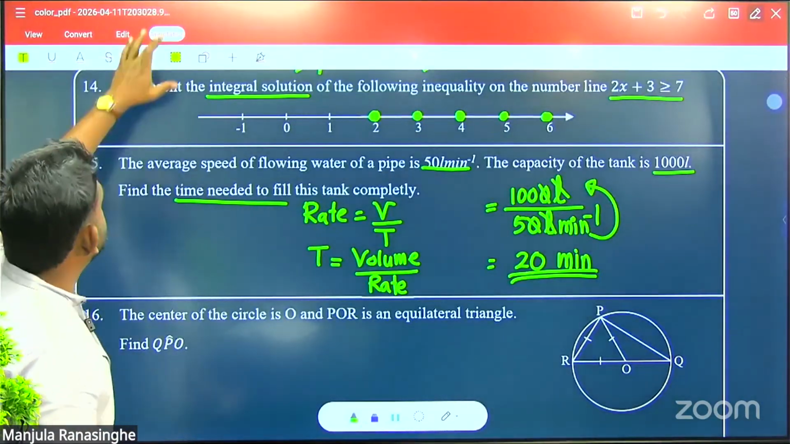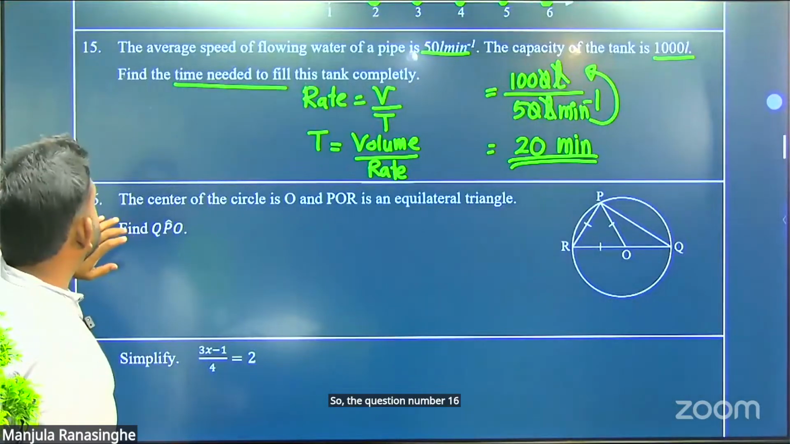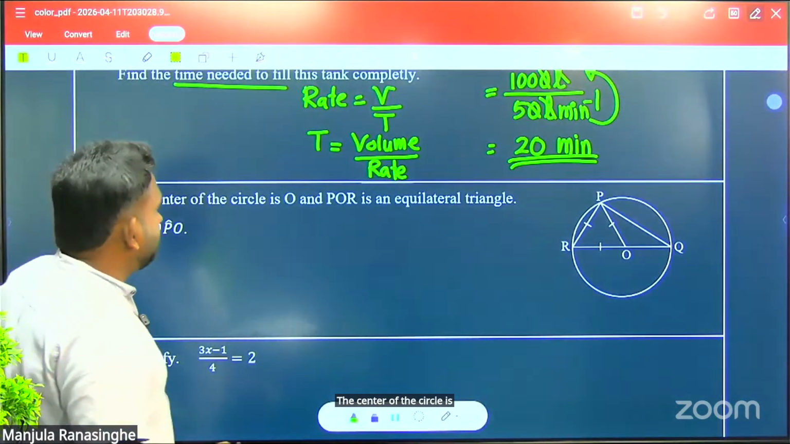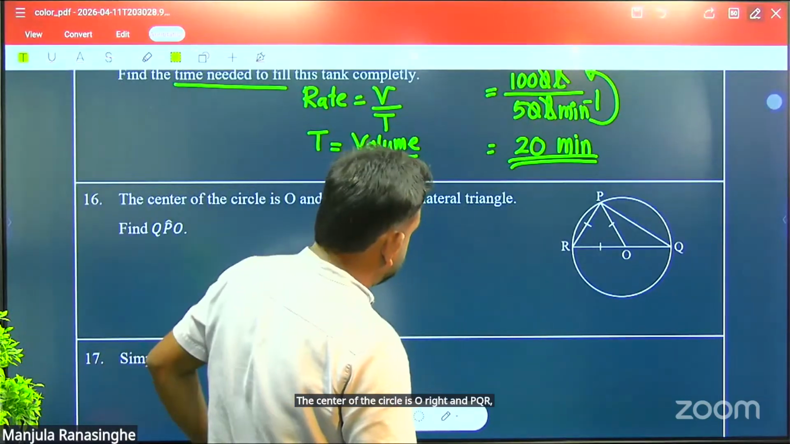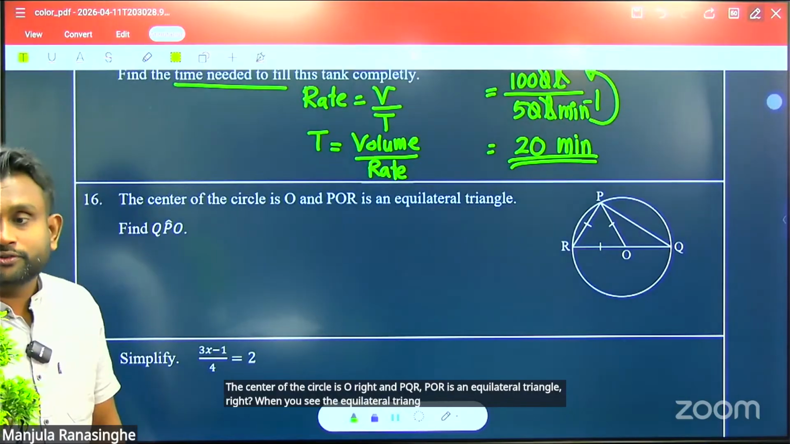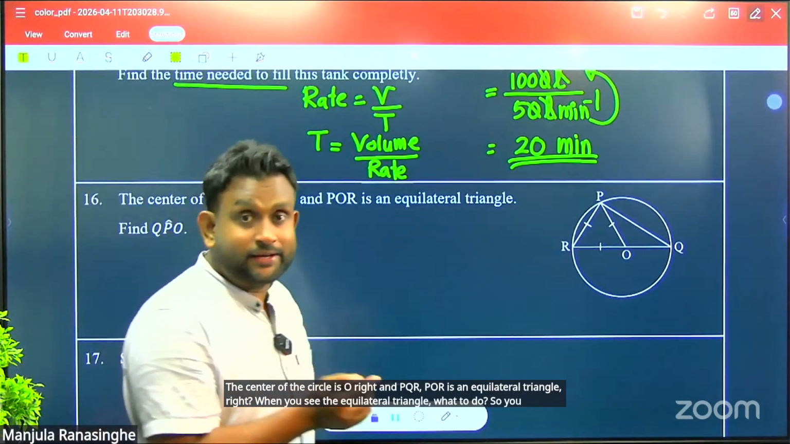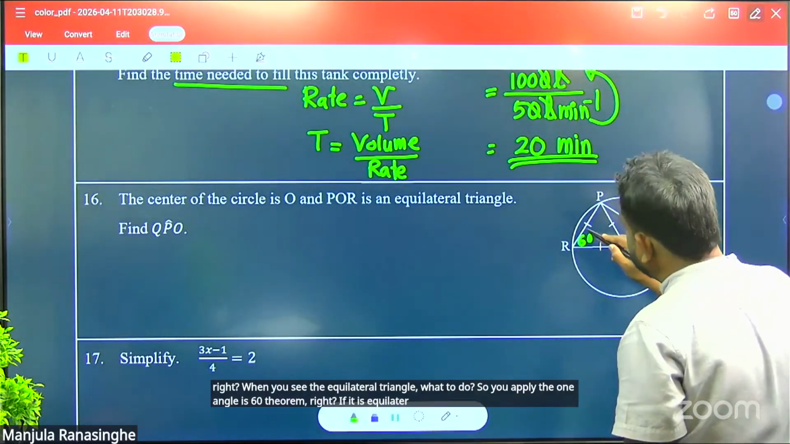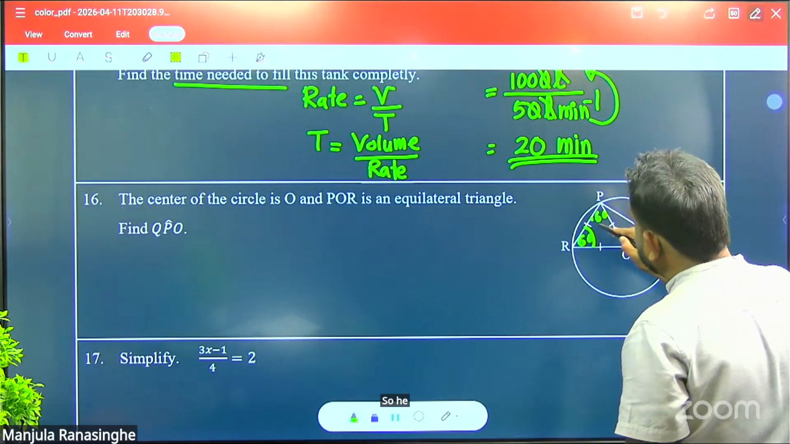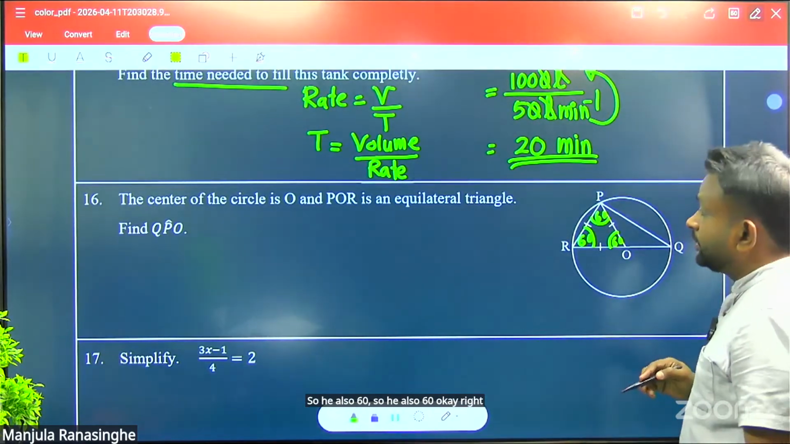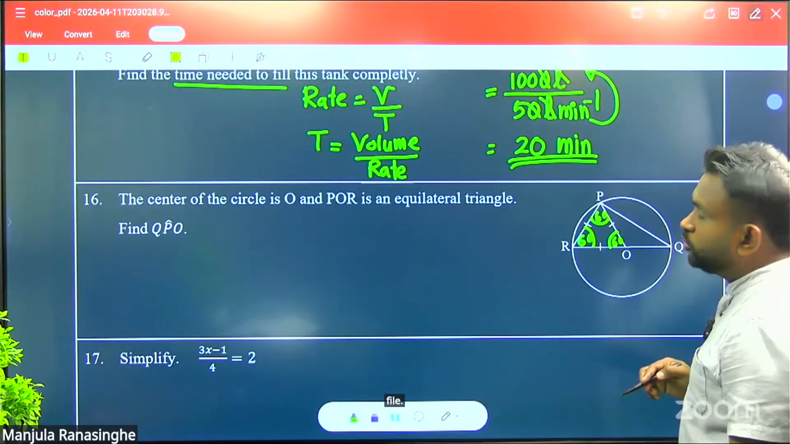So question number 16: the center of the circle is O, and PQR is an equilateral triangle. When you see an equilateral triangle, what to do? You apply the theorem that each angle is 60. If it is equilateral, here 60, here also 60, and here also 60. Right, fine. Then find